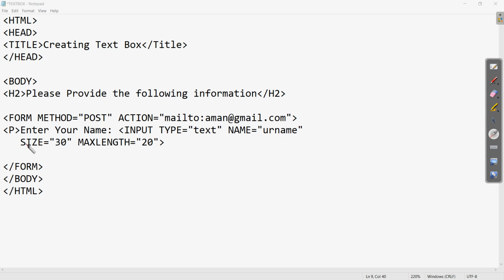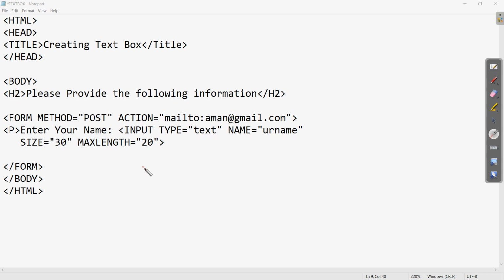Clear? Then the size and max length, and then close all these tags which we have opened. Here we started the form tag, close the form tag, then the body is closed, and HTML is the outermost. So you know already how to run this program.